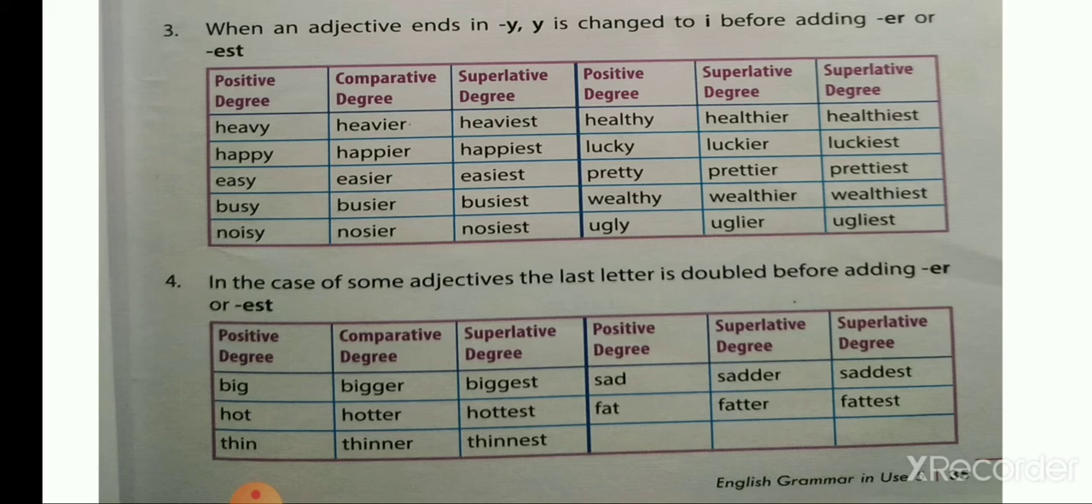Now we have big. To make it comparative degree, we add one more G and then ER. Bigger, then biggest. Hot, hotter, hottest. Thin, thinner, thinnest. Sad, sadder, saddest. Fat, fatter, fattest. Got it, children? Now, a few